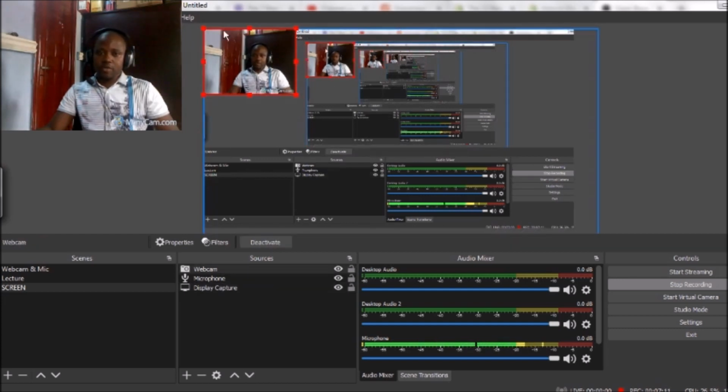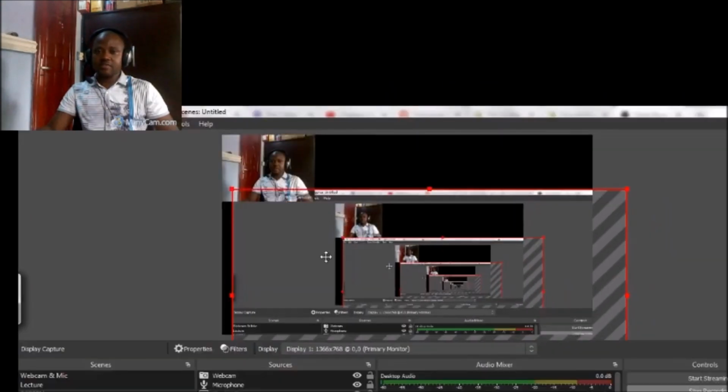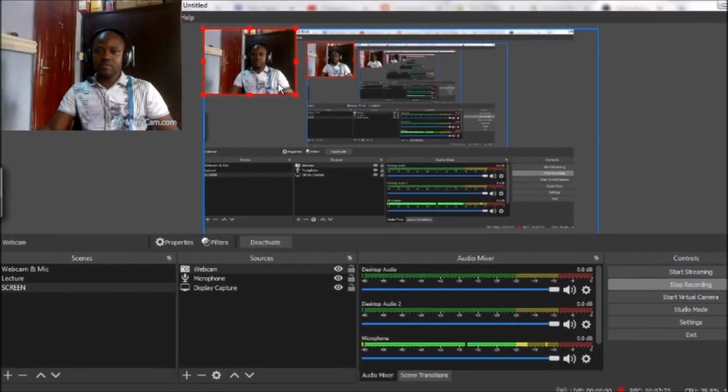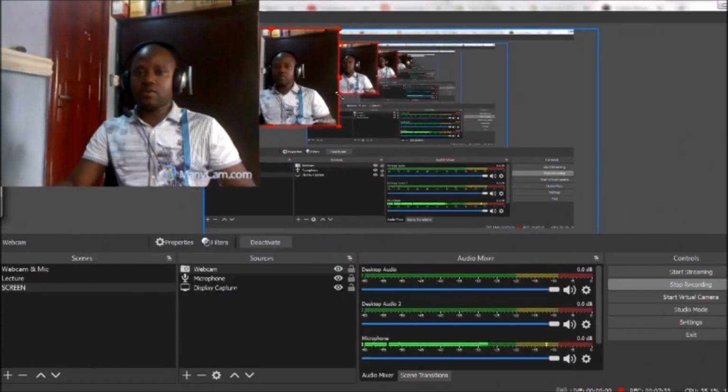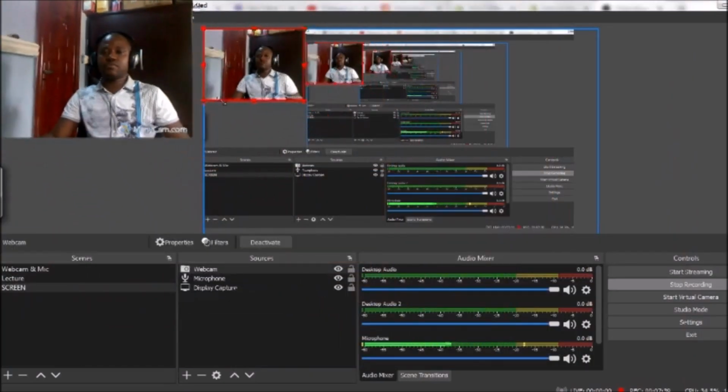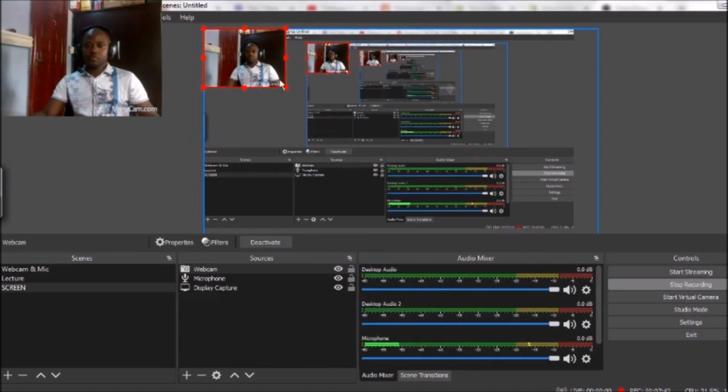For my webcam, you can see this is the active portion of my webcam. I can decide to minimize it or maximize it. Once it's active, you use this to see. I can maximize it to fit my screen or to whatever size I want, or I send it back. So you can use this to reduce your video display to be a bit smaller. So the next thing I will want to walk you through is how to do your audio mixing,